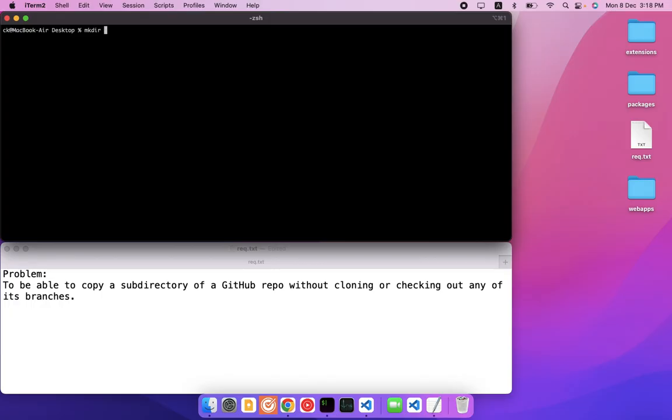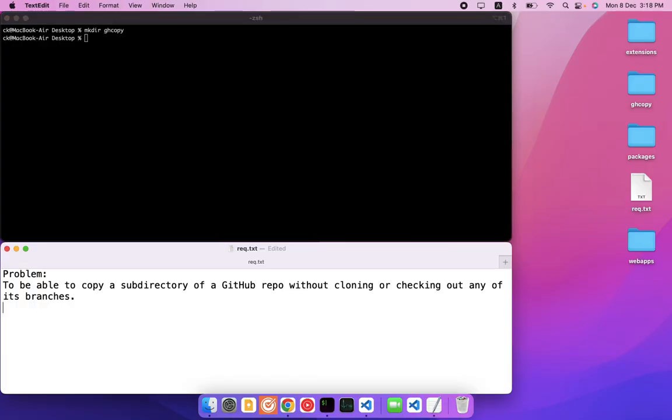So let me start with the directory. I am naming the solution ghcopy, GitHub copy, and I forgot to mention what the solution is. It should be a CLI tool which takes the URL of a GitHub repo as an argument. If the URL is valid,